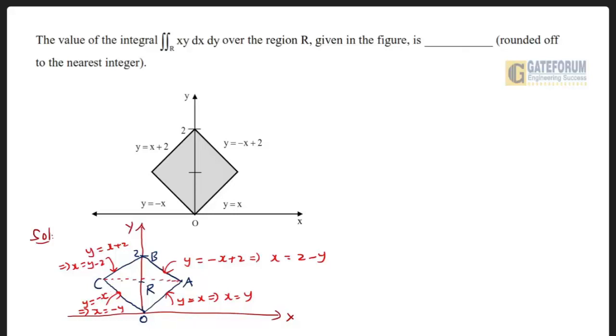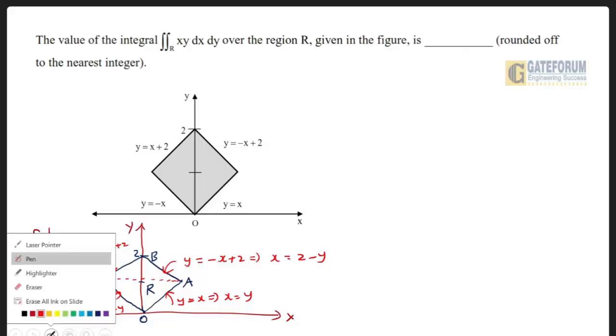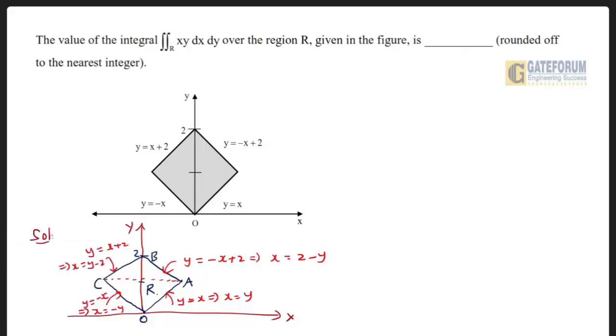So by the red dotted lines, this region is divided into two parts, R1 and R2. This part is R1 and this part is R2. Okay. So now